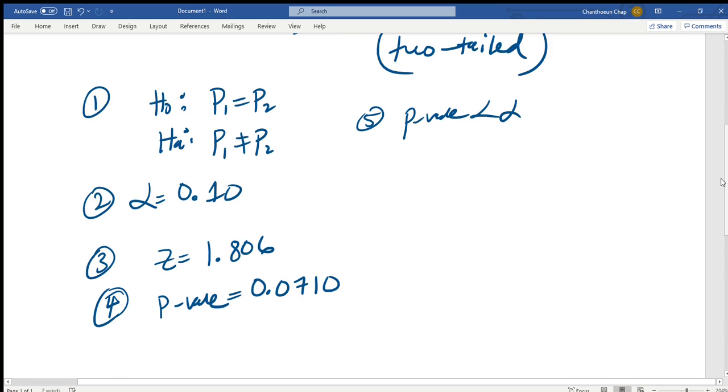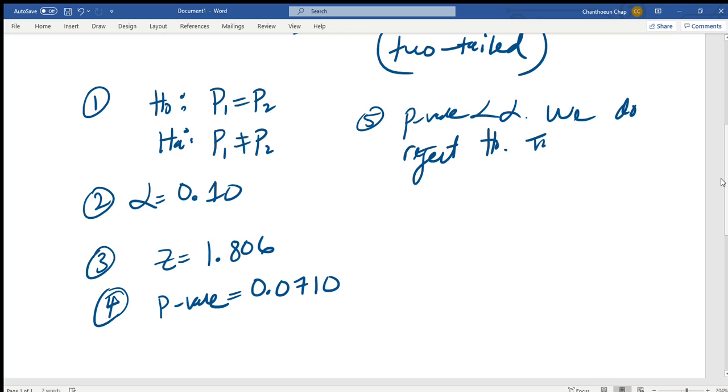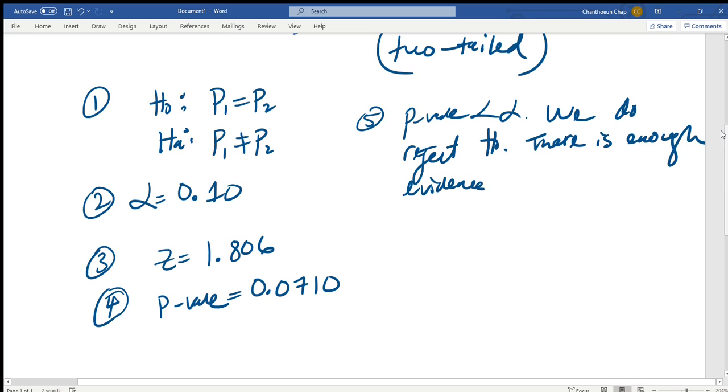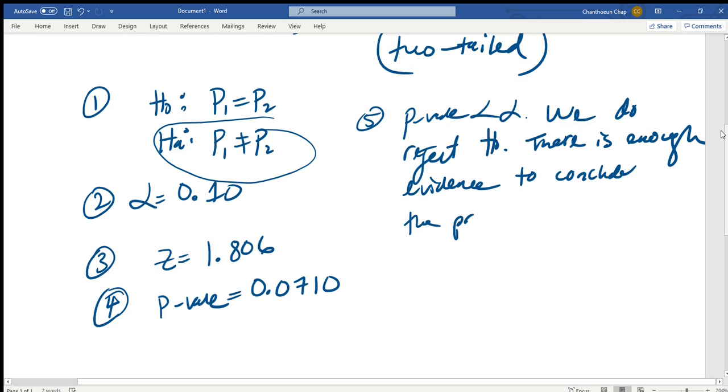Is the p-value less than alpha? The p-value is 0.0710. It is less than alpha, which is 0.10. So we do reject the null hypothesis. There is enough evidence to conclude, and again our conclusion is always in terms of HA, to conclude the proportion